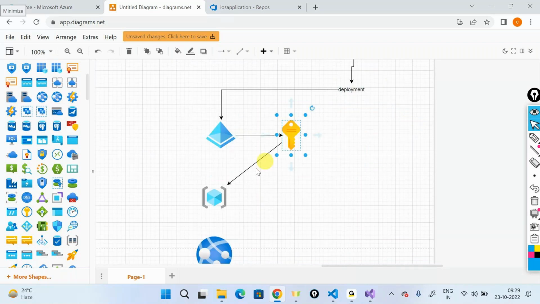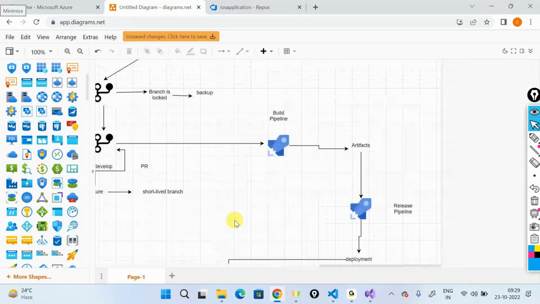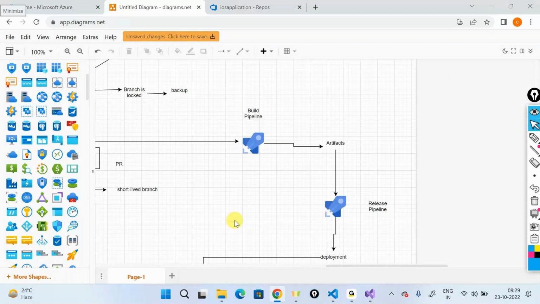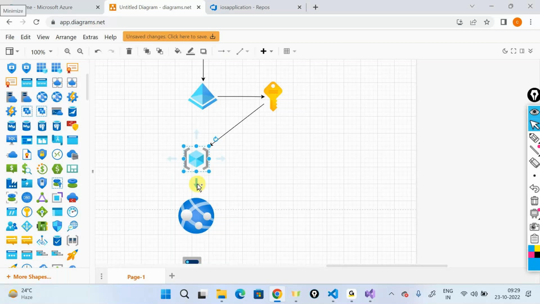This is where my delivery happens. So it's continuous integration and continuous delivery, which I am doing using something called Azure DevOps. And as and when this is deployed, the deployment doesn't happen like a final deployment and so on and so forth. The deployment happens in the form of stages,